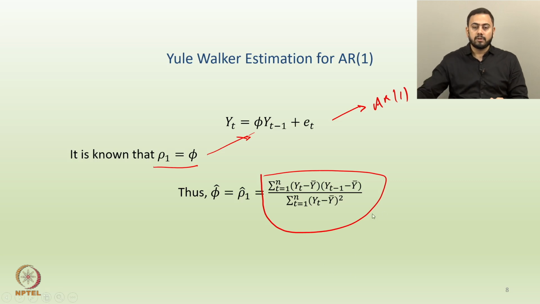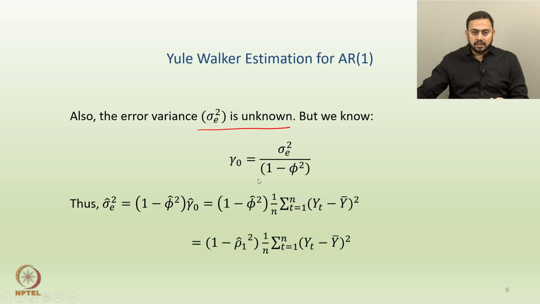So, this is one of them, and then the other equation comes from this fact, by the way. We know for a particular AR1 model, gamma 0 is a variance. Gamma 0 is nothing but the covariance of yt and yt, which is nothing but the variance of yt. From earlier lectures we know that the variance of an AR1 model is sigma square e divided by 1 minus phi square. Here we can replace the estimated version. So, sigma square e hat would be nothing but 1 minus phi square hat into gamma 0 hat. If you cross multiply, bringing this to the right hand side, then this is the equation that you have.